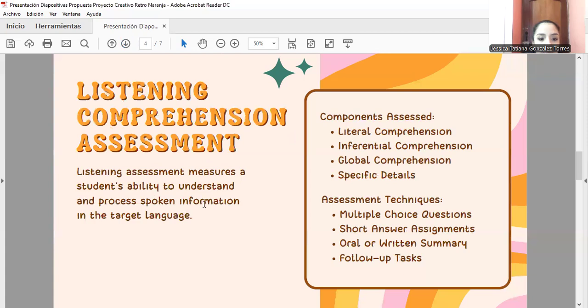And the listening comprehension assessment. Listening assessment measures a student's ability to understand and process spoken information in the target language. Components of assessment. Literal comprehension: understanding explicit information in speech. Inferential comprehension: inferring